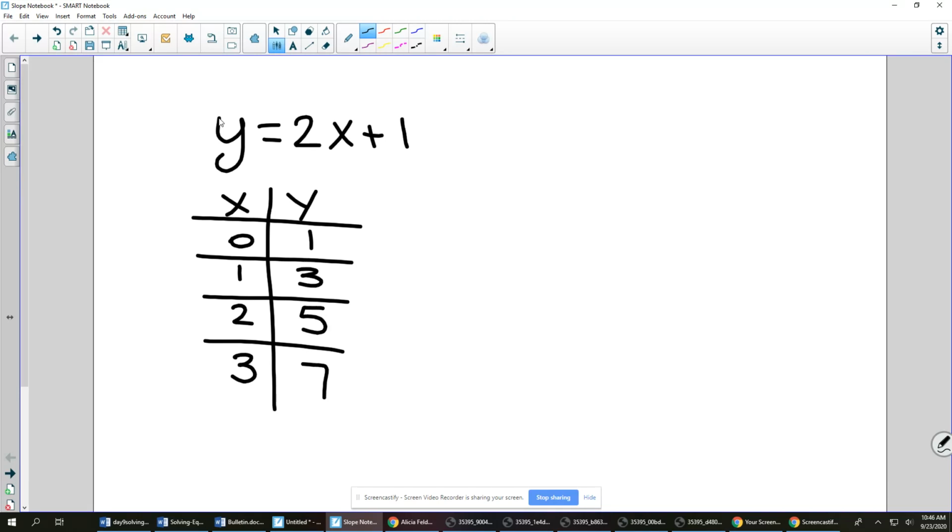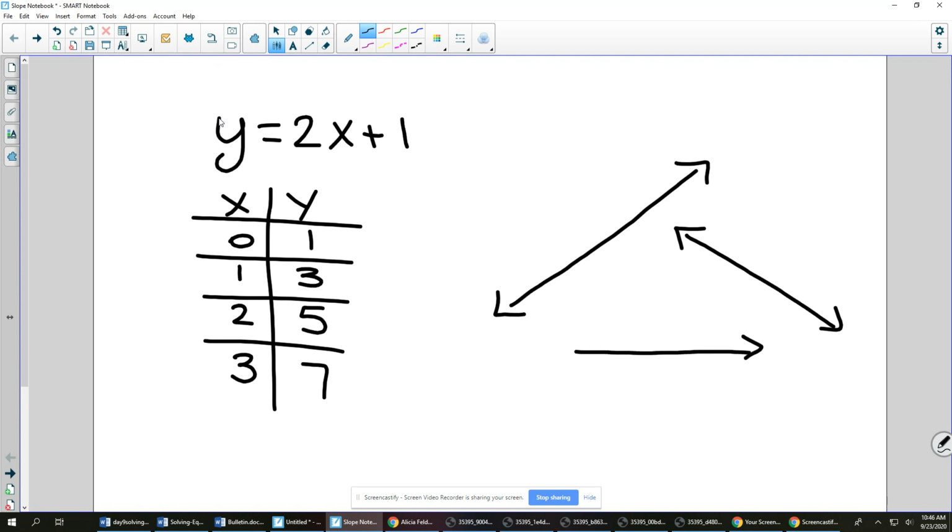Then we were taking those points and putting them onto a graph. And those graphs were making straight lines. Looked like this. That looked like that. Some of them were going straight across. Some of them were going straight up and down. So we were able to get all different kinds of lines from those. Today we're going to talk about what these lines are